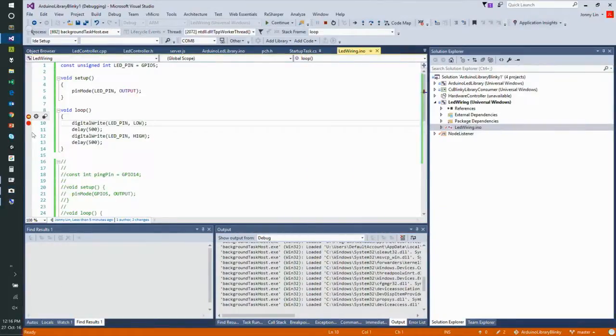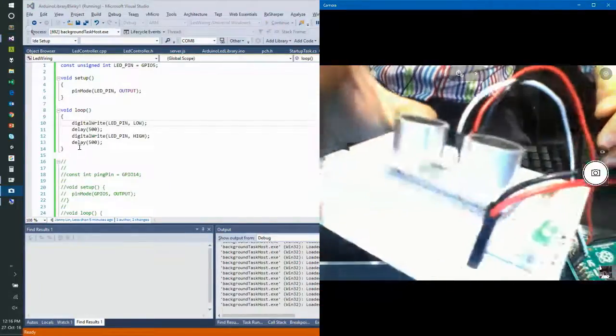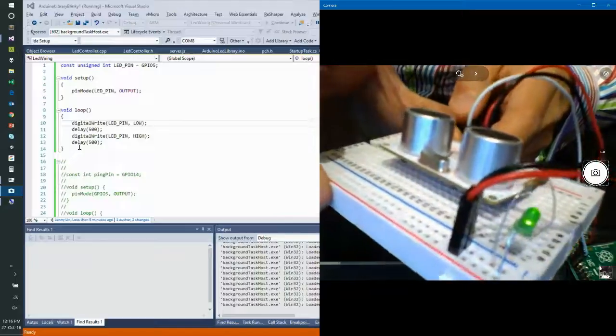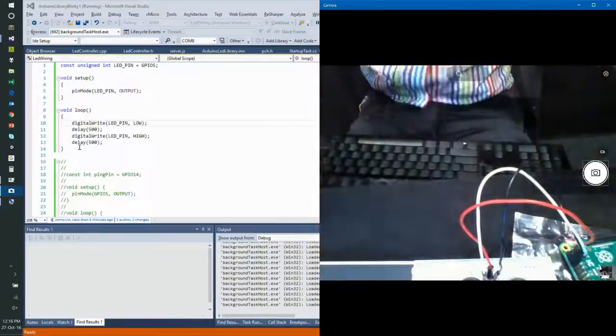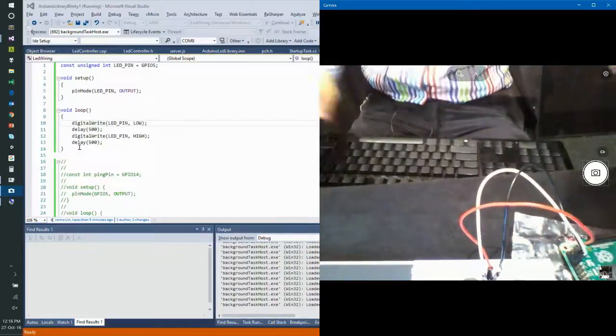So say if I put a breakpoint in that, see how it stopped. I go, okay, that's cool. What's the LED pin? You get the exact same high-level debugging. Okay, so if you can see the light is blinking, yay. Okay, cool. Now that we got the most simple Arduino code going, let's get a slightly more complicated code going,